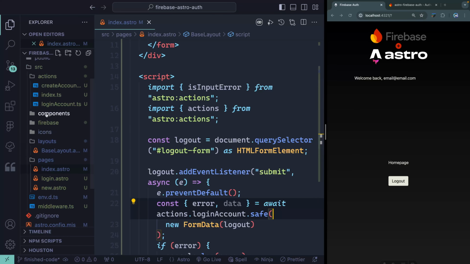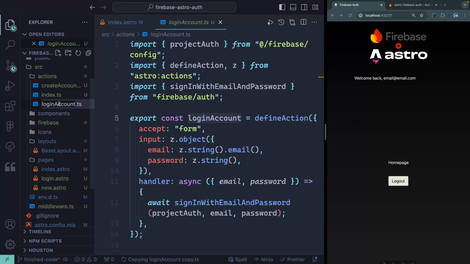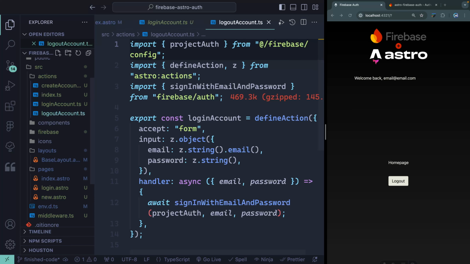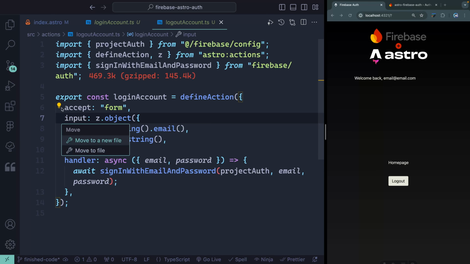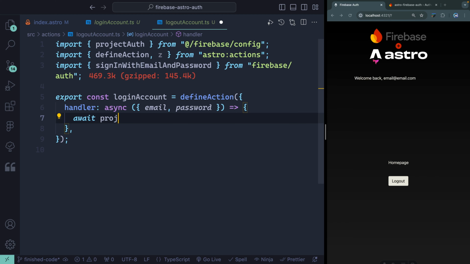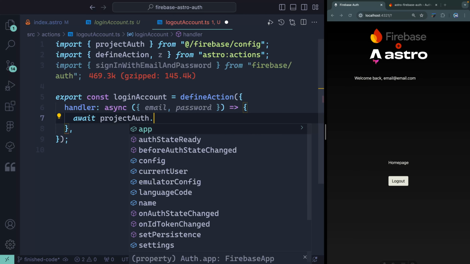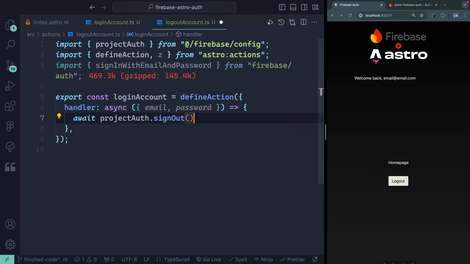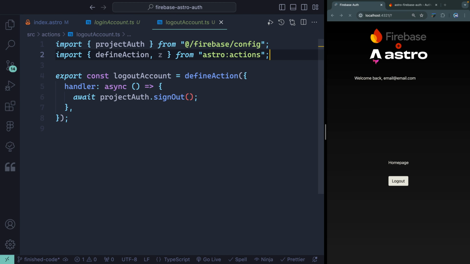So let me come up here. We're going to grab this and copy it. Log out account. Now, in this sense, I'm not accepting anything really, and these are both optional, so I don't need anything here. But what I do want to do is use a different method here where we're going to sign out on the actual Firebase instance, the project auth. So I can grab the project auth dot, and then here we can just sign out like this. Now I'm not accepting anything here, so I don't need to take this in, and then I do need to rename this Logout account. Let's get rid of this too, since we don't need that import, and jump back over